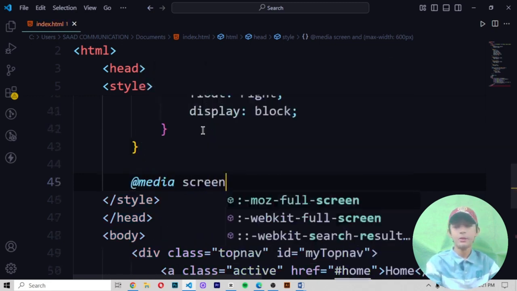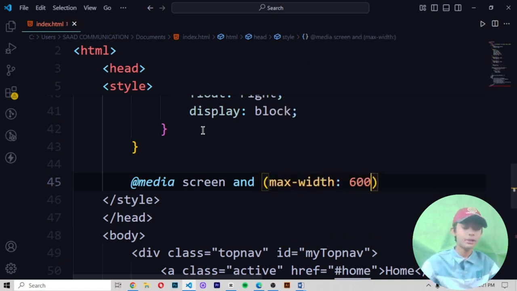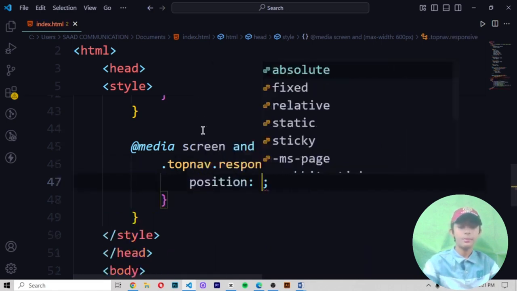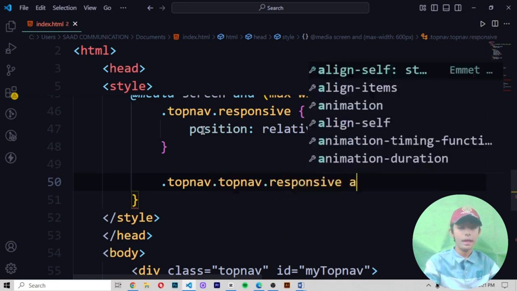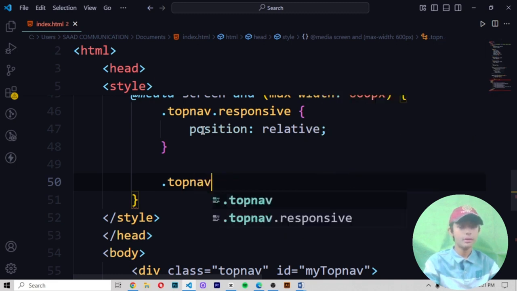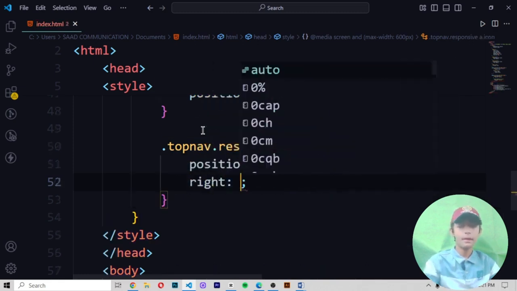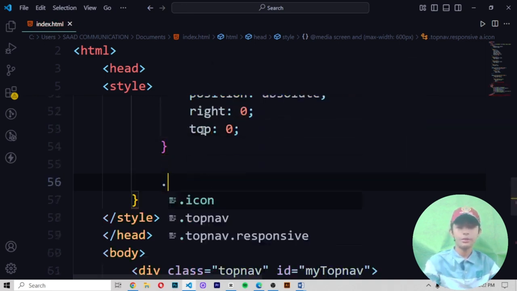At the rate media screen, media query again, max width 600 pixels, dot top nav dot responsive, position relative, and dot responsive a dot icon, and position should be absolute, right should be 0 and top should be 0.